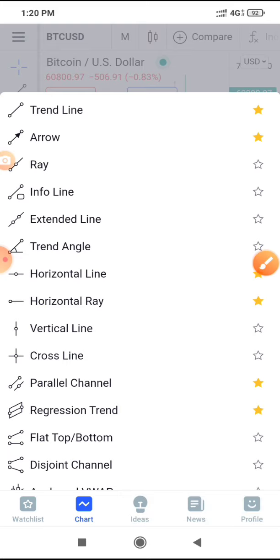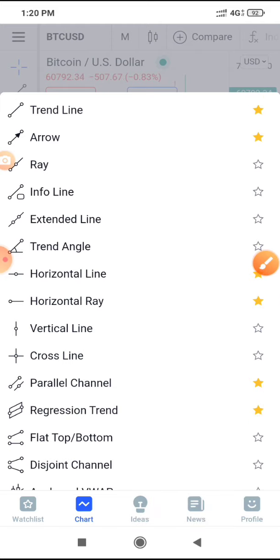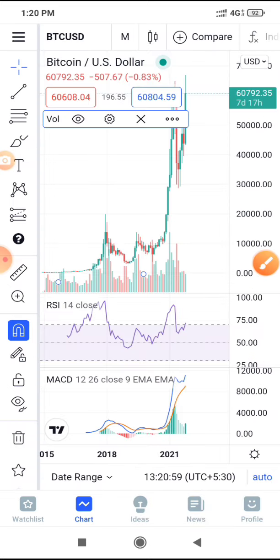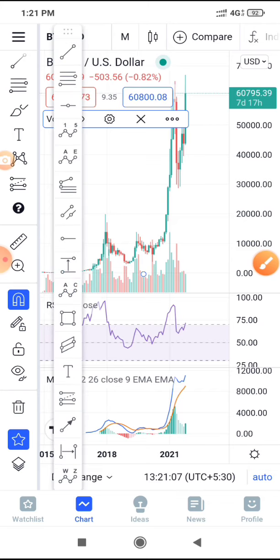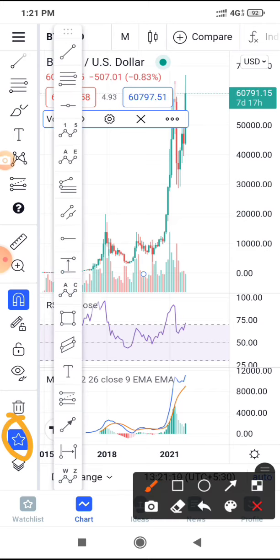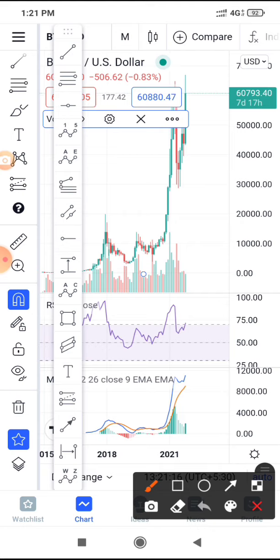Here the most important thing that I use is selecting tools as favorites, and once you click them as a favorite, they will appear in your favorites toolbox. There is a button that I have hidden for now, because these are the favorites that I use. When I click here, these are the favorite tools that I usually use. They contain Elliott wave, parallel channel, Fibonacci, then horizontal ray and horizontal line. Then I use price, rectangle, regression channel, and text.